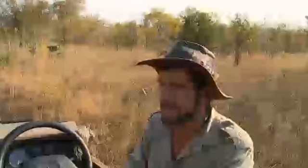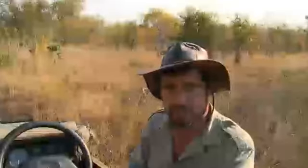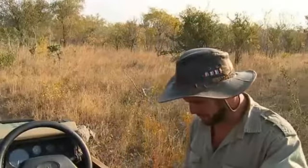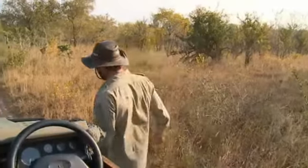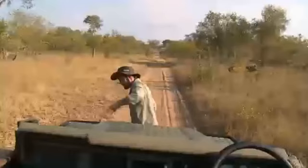But thankfully the black mambas don't like the infrastructure too much, and it's only been the one occasion that I've had to see one. Another funny story though, Tony, about a black mamba. It was here in the Sabi Sands, and it was early on in my guiding career. The tracker that I was working with was an absolute character, and for those of you who don't know, the tracker is the person who actually sits on the vehicle,